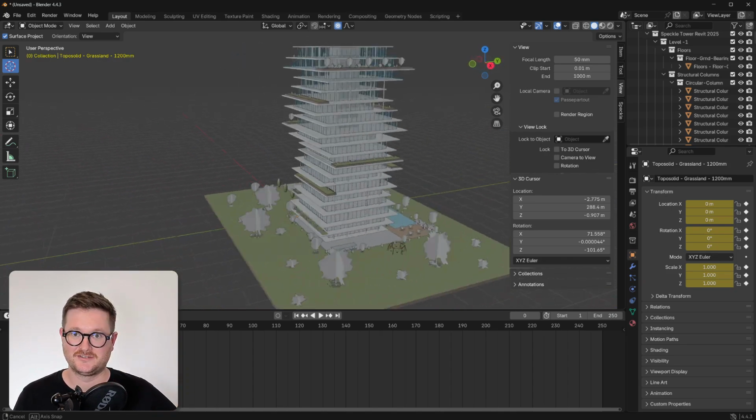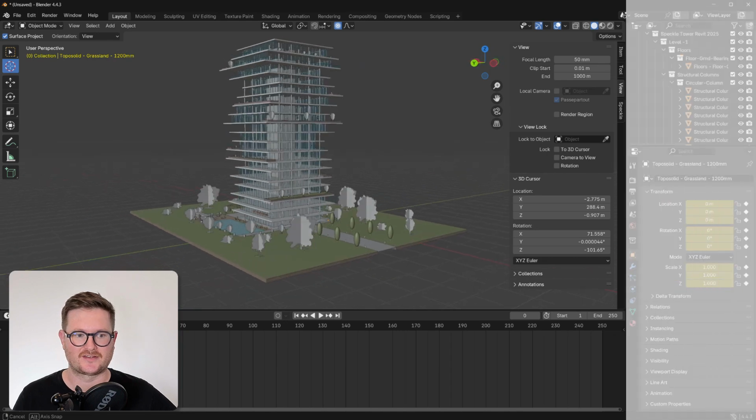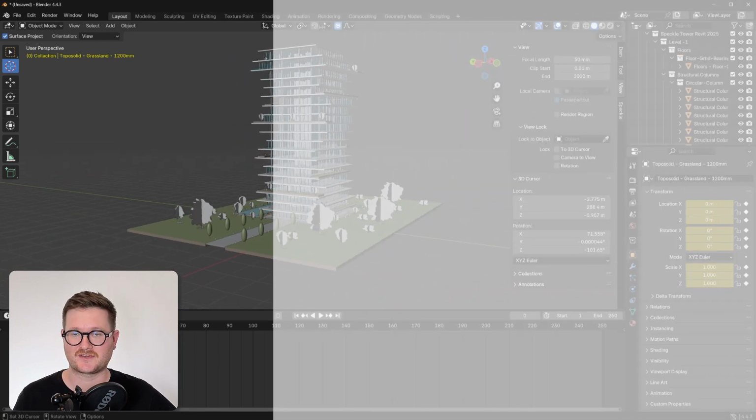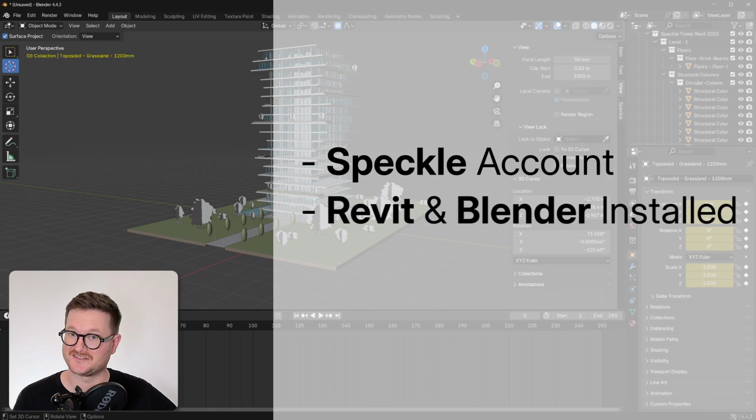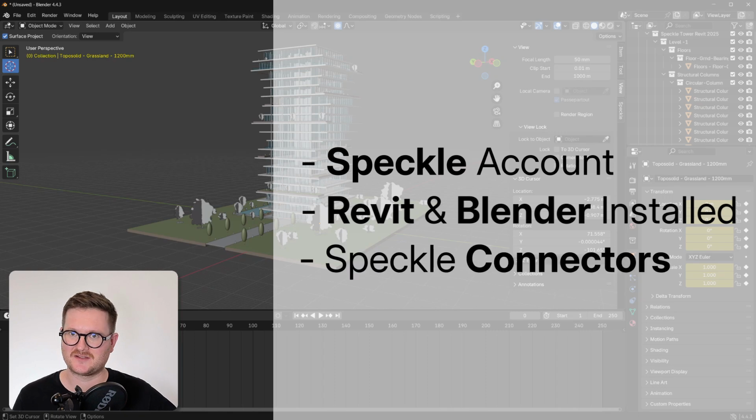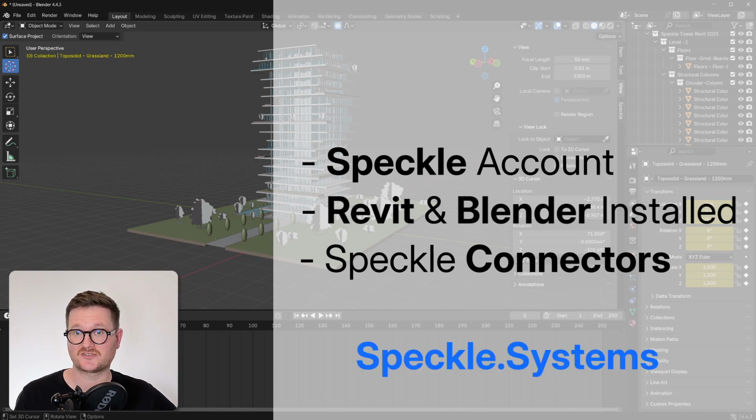So for this tutorial, we're going to assume a few things. The first is that you already have a Speckle account set up. The next is that you have Revit and Blender installed on your computer, and that you have the Revit and Blender connectors already installed as well. Now, if you don't have any of the Speckle things that I listed, you can easily go to speckle.systems and